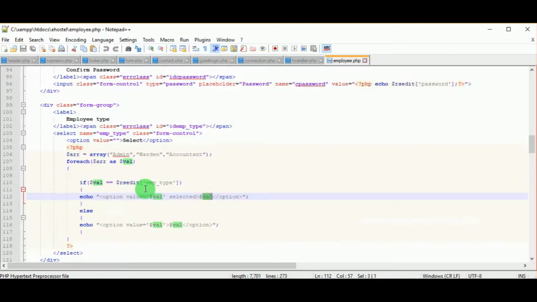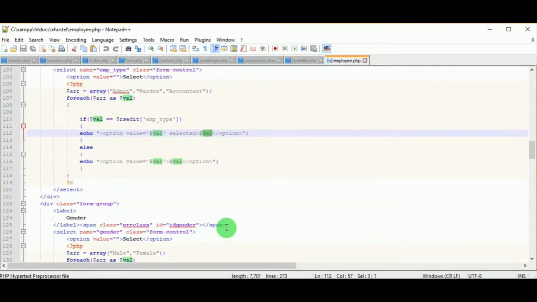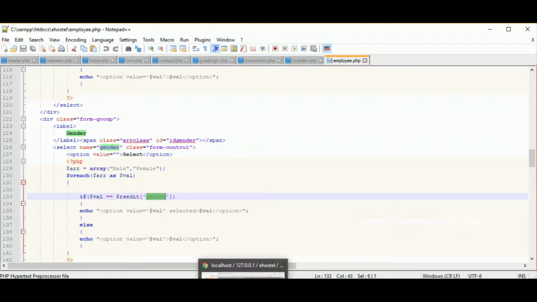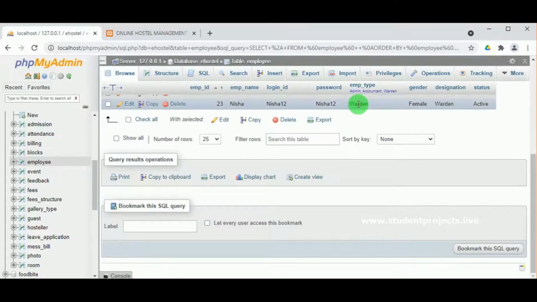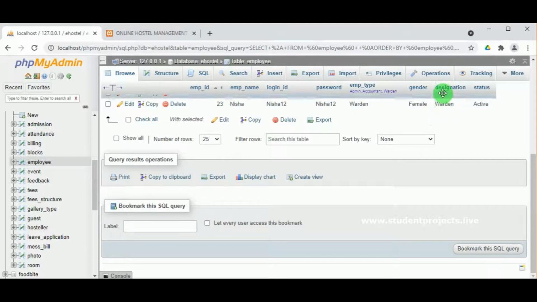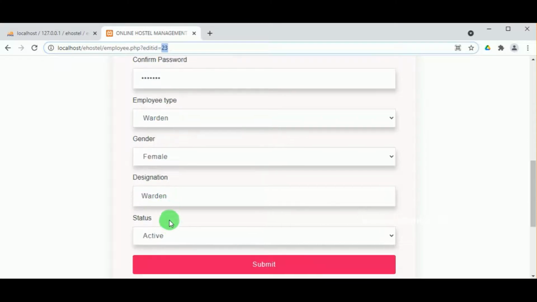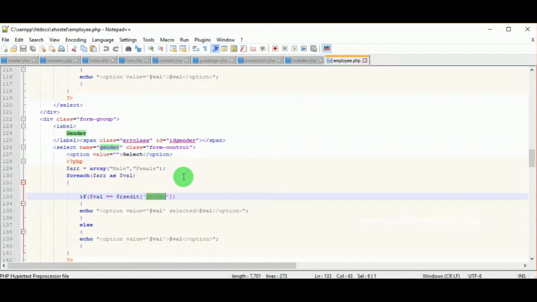So all the data is fetched from the database using this variable. So you can see gender has got its value for employee ID 23. You can see these are the data present and this data is displayed in the form when you click on the edit.